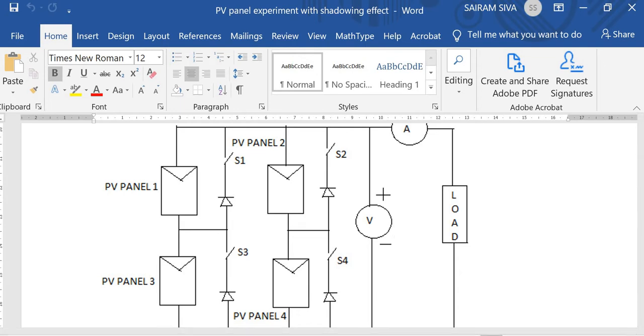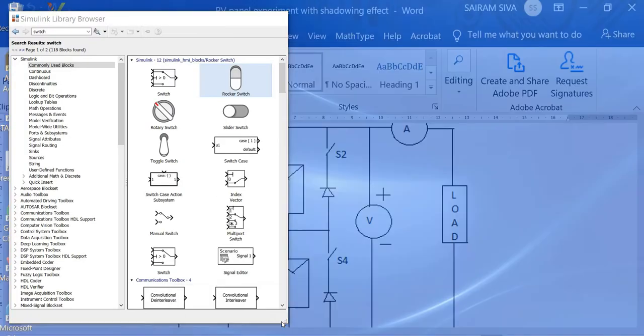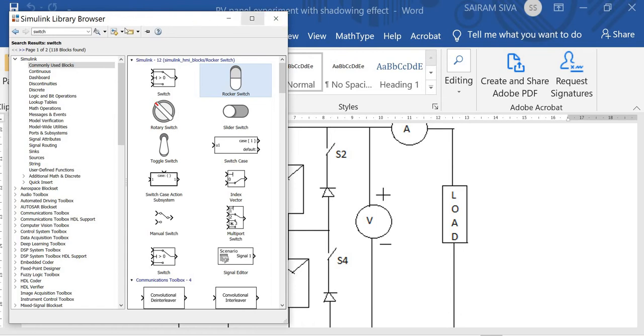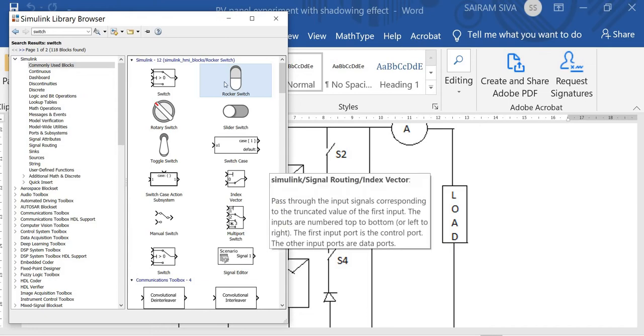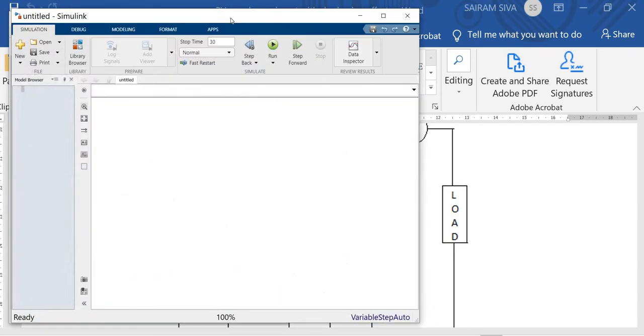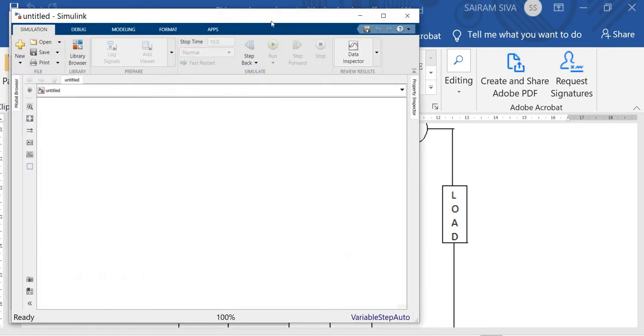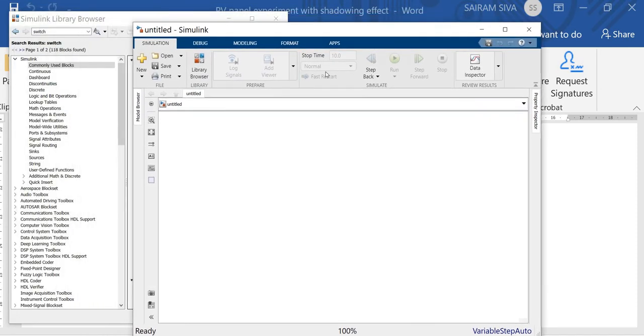Now we are going to the Simulink browser. We are going to create a new Simulink model using that setup. This is the untitled Simulink browser.